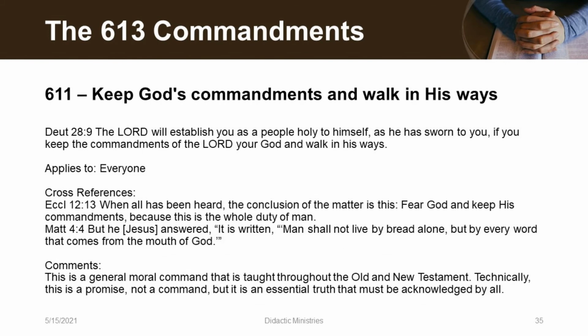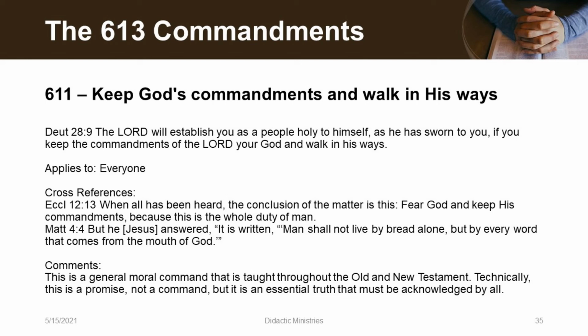Commandment 611, keep God's commandments and walk in his ways. Deuteronomy chapter 28, verse 9 says, "The Lord will establish you as a people holy to himself, as he has sworn to you, if you keep the commandments of the Lord your God and walk in his ways." This is a general moral command that is taught throughout the Old and New Testament. Technically, this passage is a promise rather than a command, but it is an essential truth that must be acknowledged